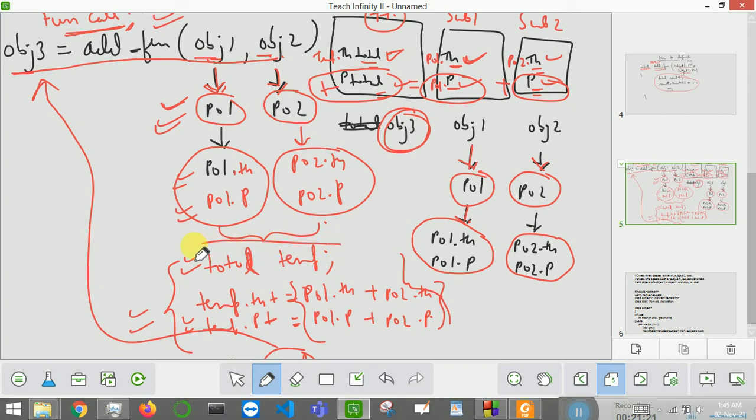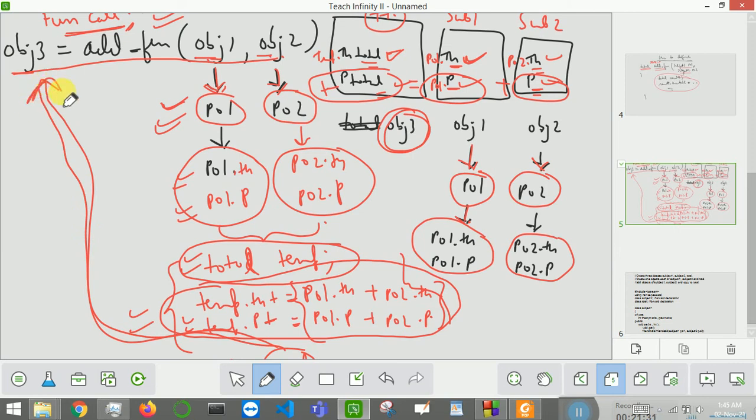Here you will create a total temporary object first, perform the task on that temporary object, and finally return the temporary object and it will be assigned to object 3. So this is the main part that you need to write, and this will be put in your function definition.